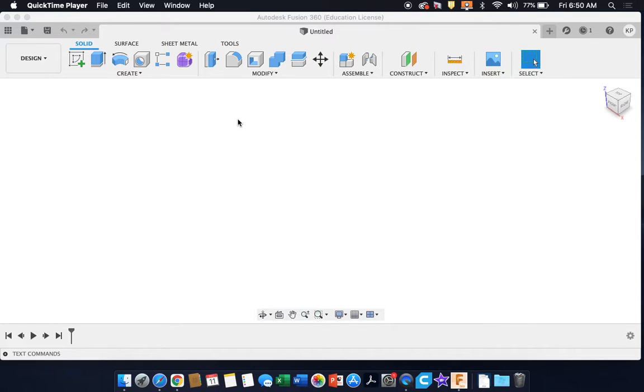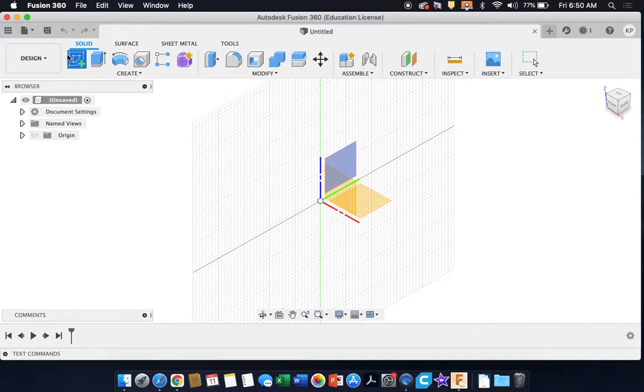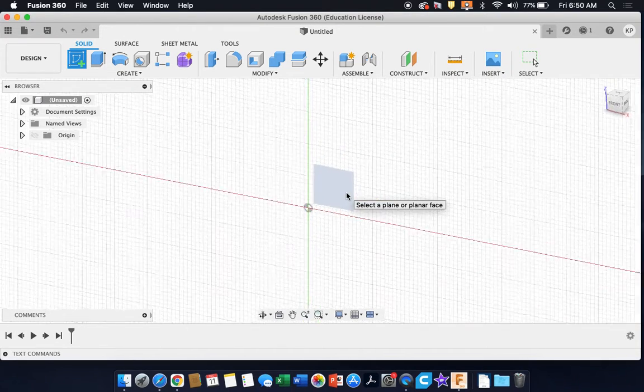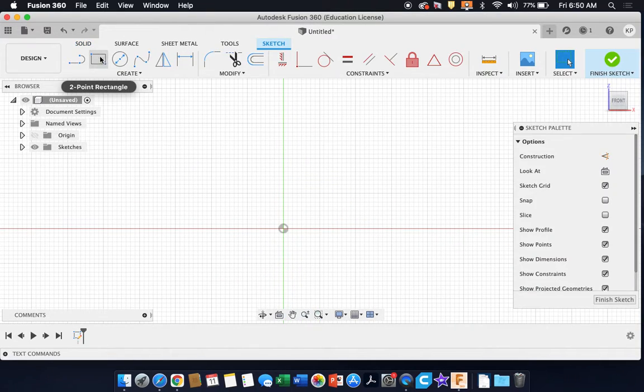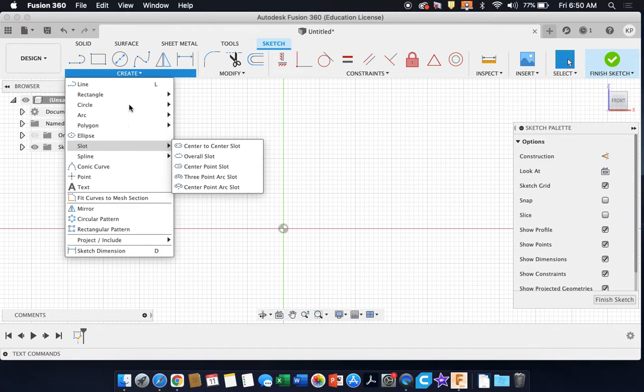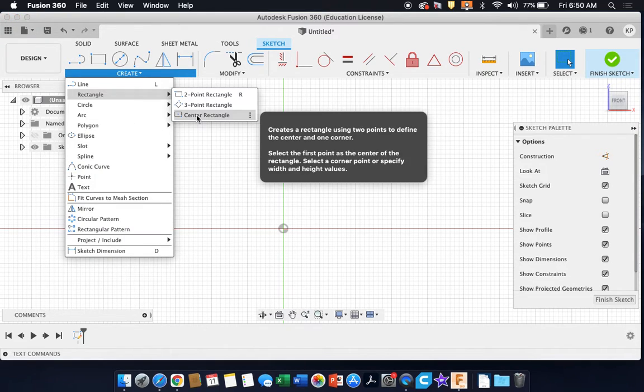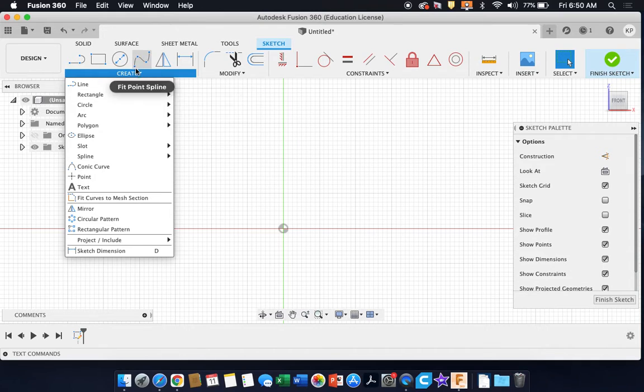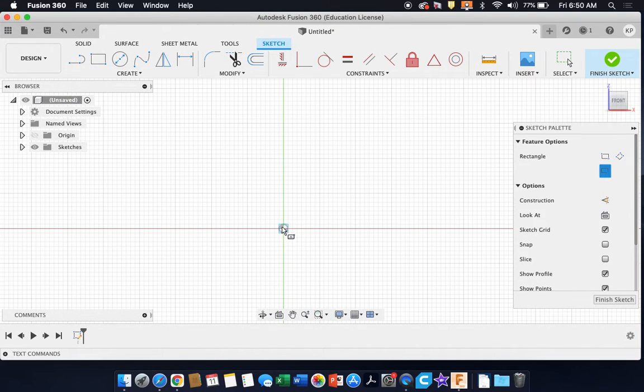Fusion Lesson 8. Alright, so things are getting a little more complex now, but we're still practicing some of the features, and little things here and there get added, but there's a lot of value in practicing these features. So we're going to choose a sketch plane, and this time we're going to use a different type of rectangle called center rectangle. So you've got to use your drop down, go to rectangle, center rectangle, and right on